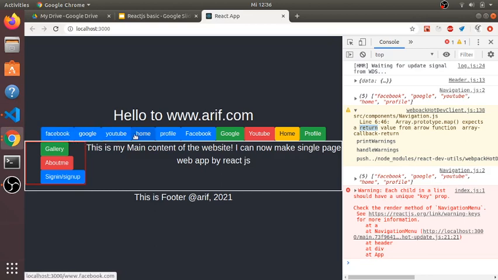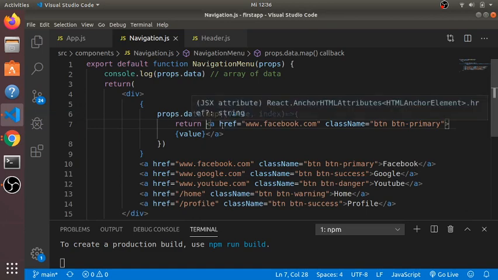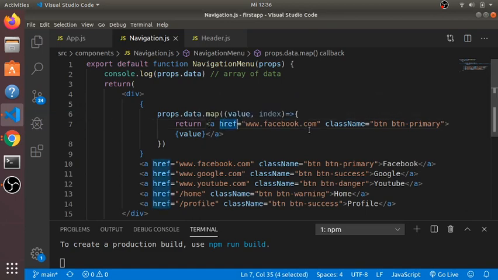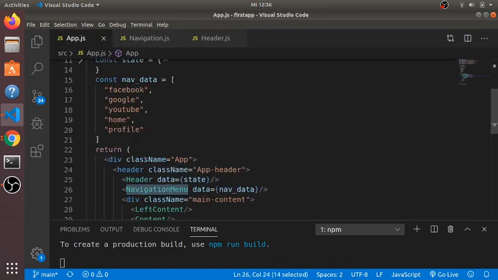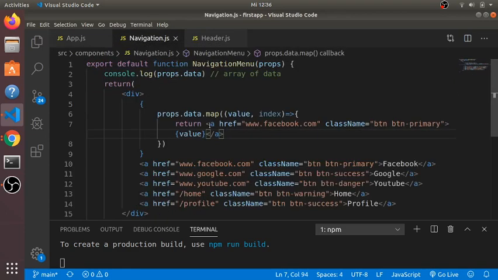I have Facebook, Google, YouTube, home, profile. So actually they are all coming in one single color, and the rest, this is our previous code and this is the new code coming from the array. Why? Because I used just a fixed anchor, a fixed website link, and class name, and they are just taking them. But if you make it an object, like which link, which name, which color, then it will also work exactly this way. Now it's not happening because we write it like an array, and in an array we write each item. But if you write it a different way,